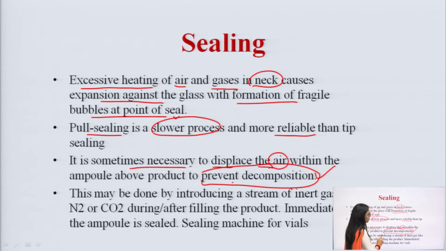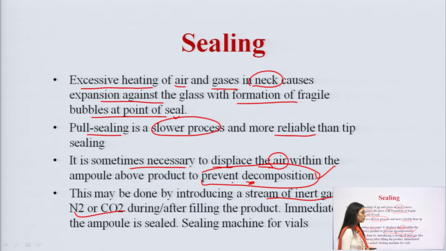This may be done by introducing a stream of inert gas. How is the air bubble removed? I told you it is very important to remove air bubbles while we are making the ampules. If the air bubble is not removed, it can cause decomposition of the product inside the ampule. Fine. So how can we remove it? We can remove it by providing a stream of inert gas like nitrogen and carbon dioxide during filling of the